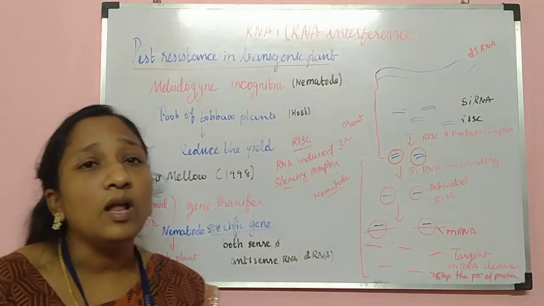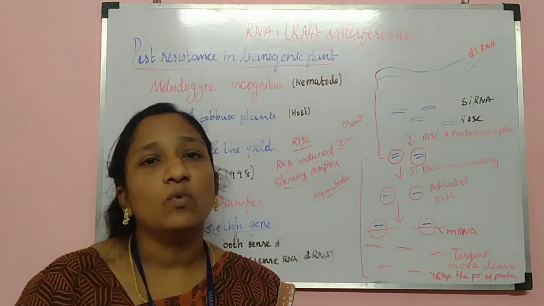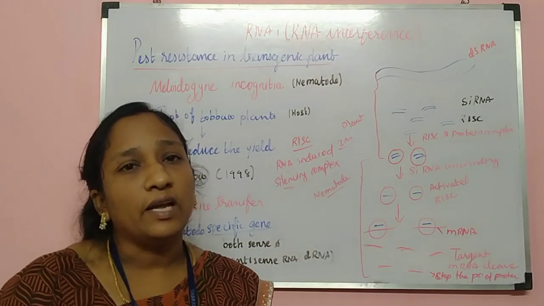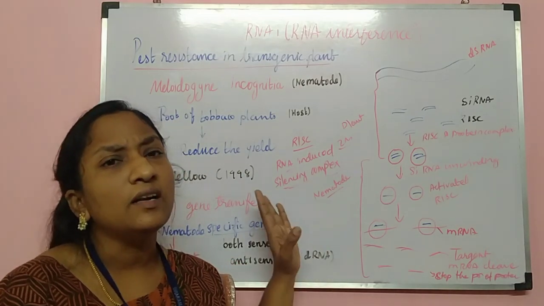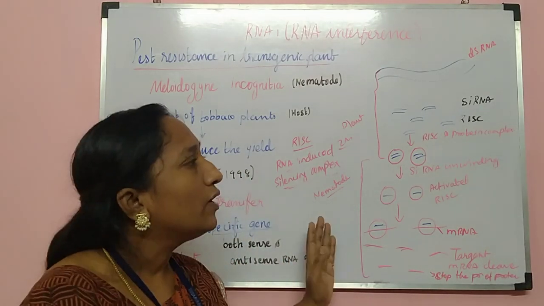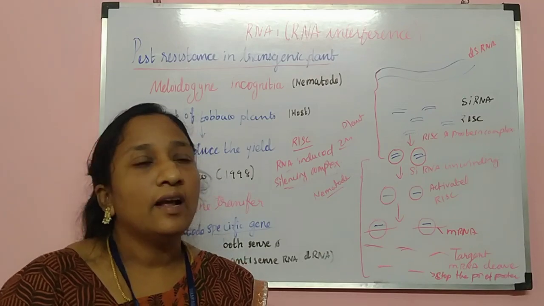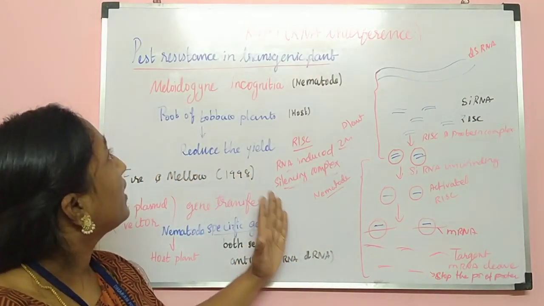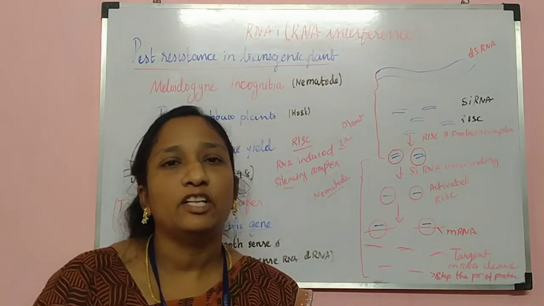I hope you all understood today's lesson. What we learned: we started with the continuation of blotting and learned a lot of other screening methods of finding the target DNA. And here we ended with the pest resistant transgenic tobacco plant.